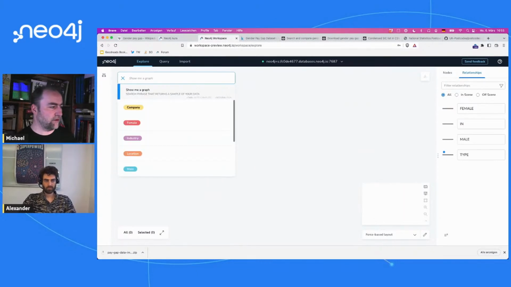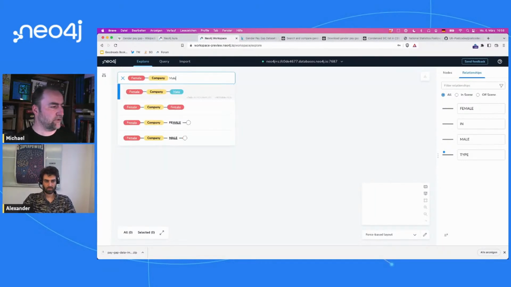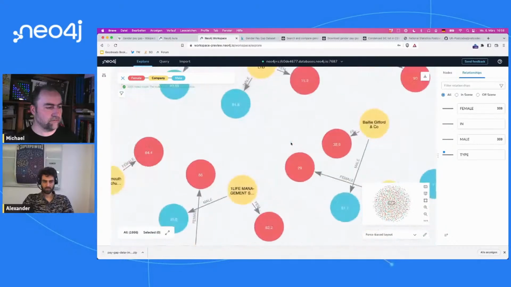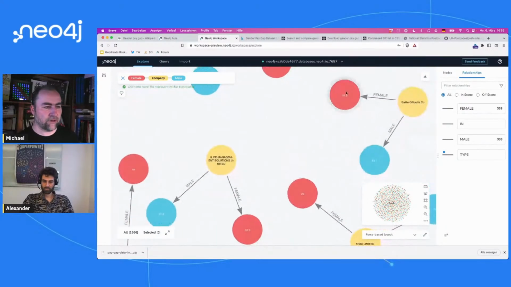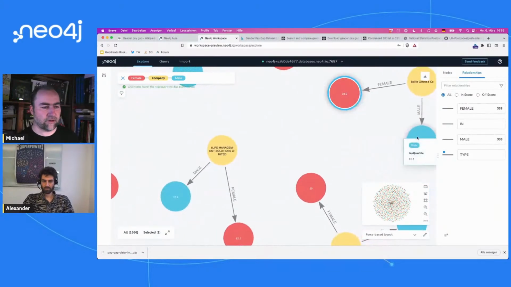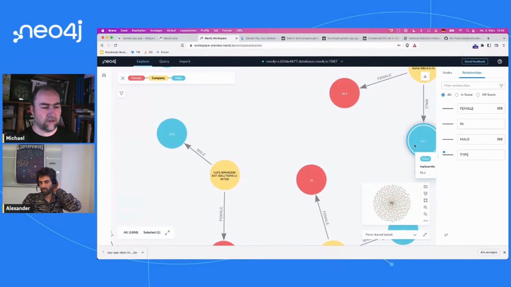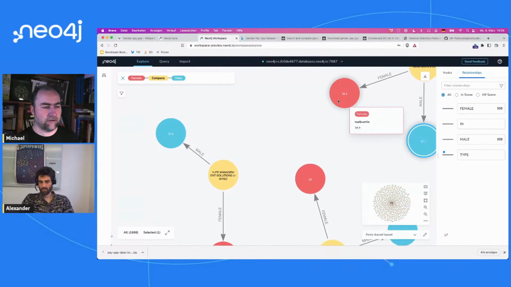We have a female employee, a company, and then the male employee. And now you could say, this is our data. If we, for instance, look at the top quartile here, it's basically 61% male and